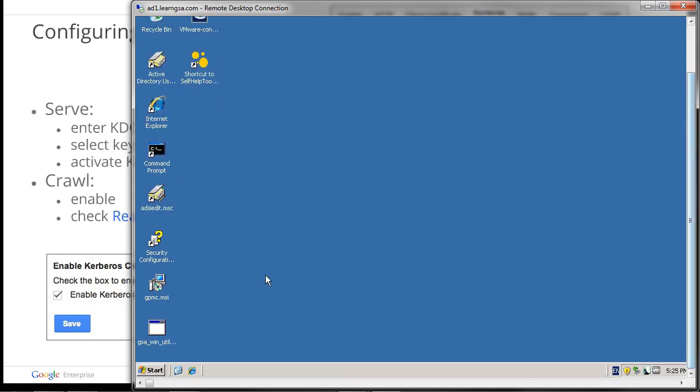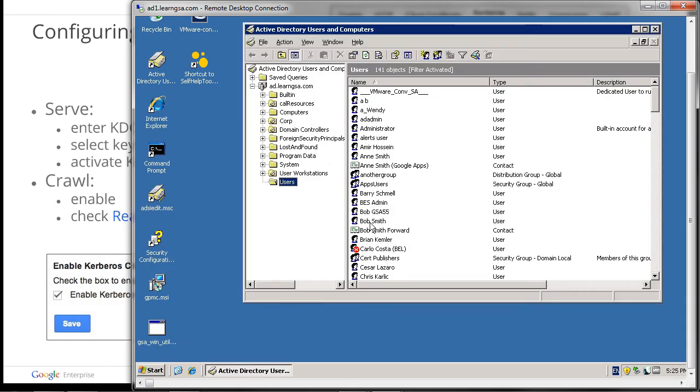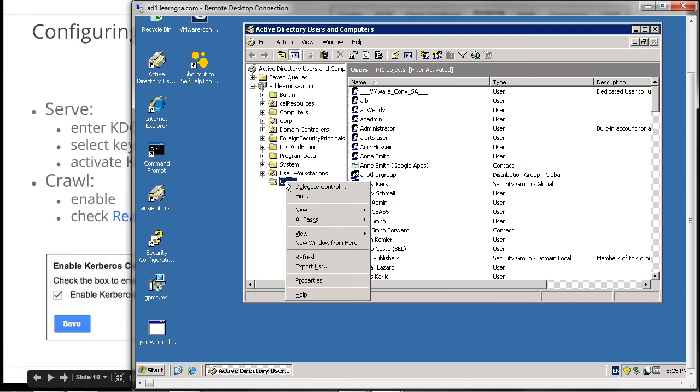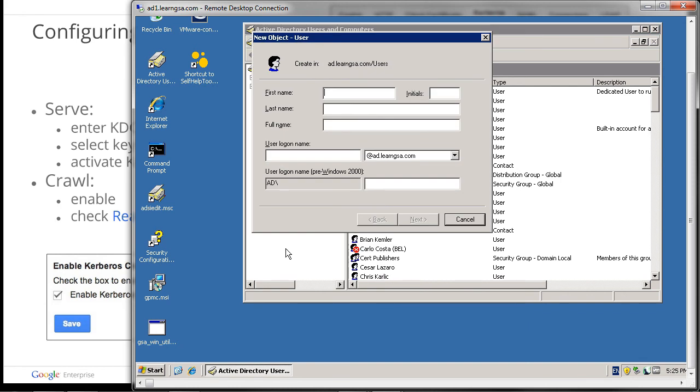So now I'm ready to create my user account. For this, I'll go to Active Directory Users and Computers, and I'm going to create a user account. I will call that user account GSA1. So to create my user account, I'll just use this little new dialog, new user. The user login name will be GSA1,